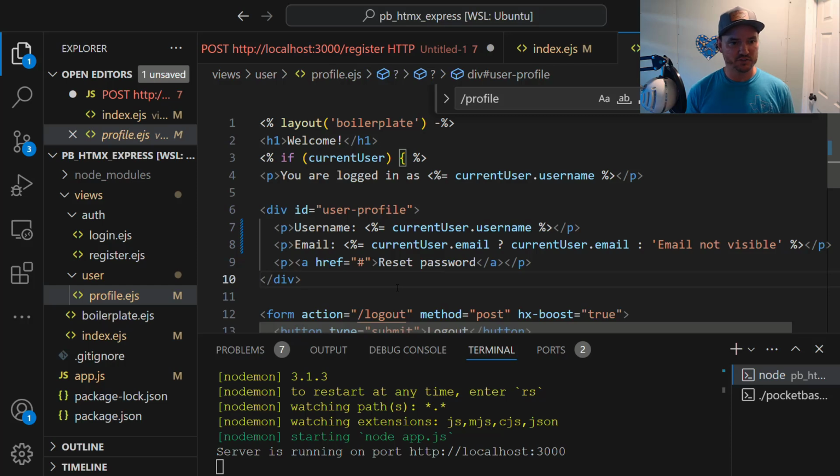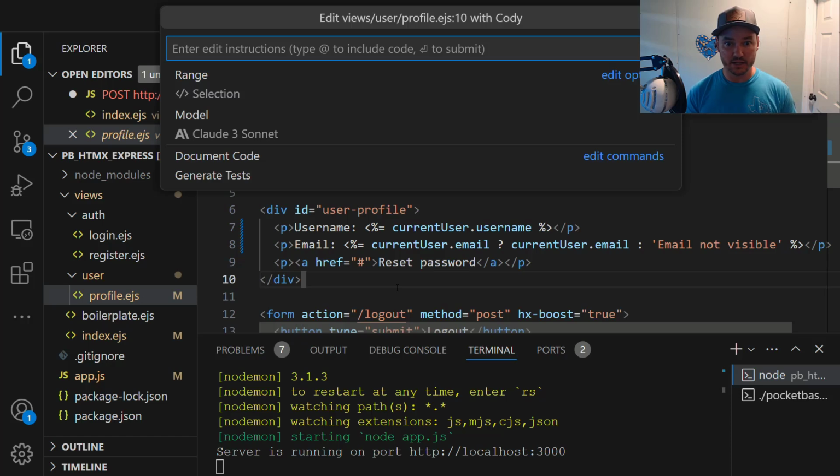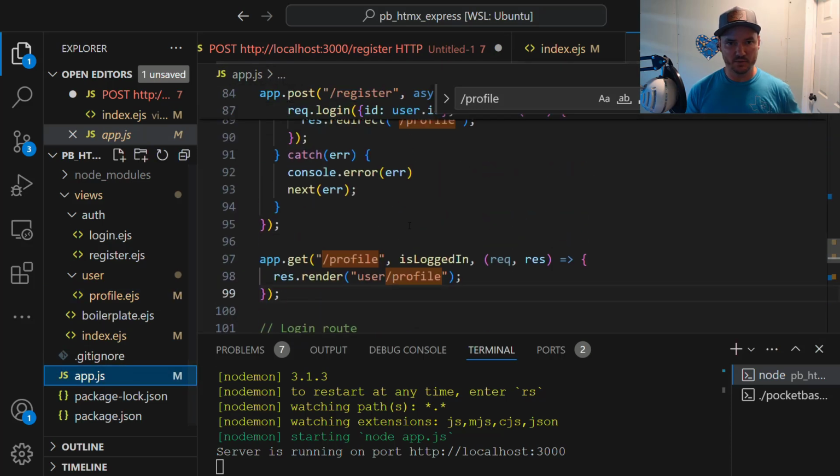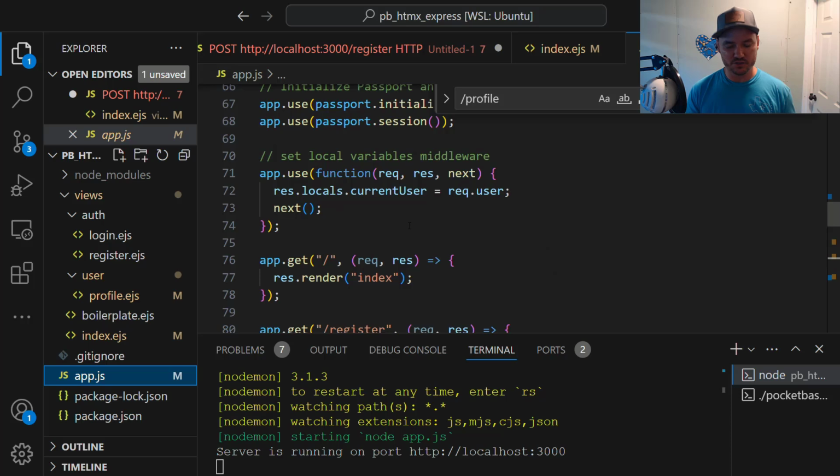Writing everything from scratch except for a little bit of assistance from Cody, which is an AI tool for Visual Studio Code where I can just do something like Alt-K and tell it, hey, write me a blah blah, and it'll write it out, and then I go through and visually look at it and say, okay, that's good, or no, I need to change that. Or if there's something in here that I didn't fully understand, if I'm in app.js and I'm wondering what it means to serialize a user,